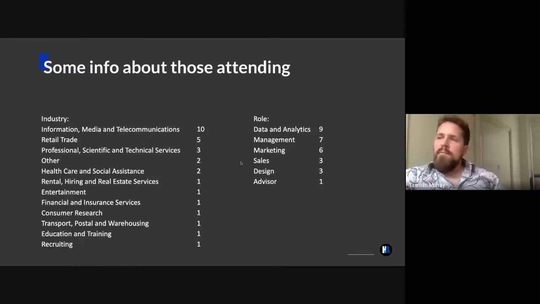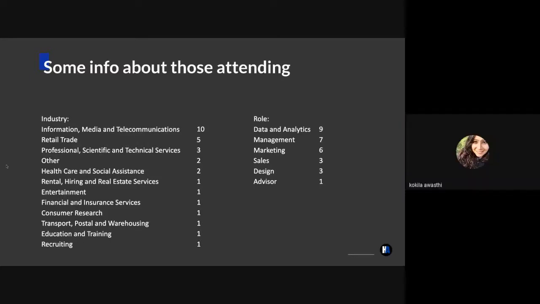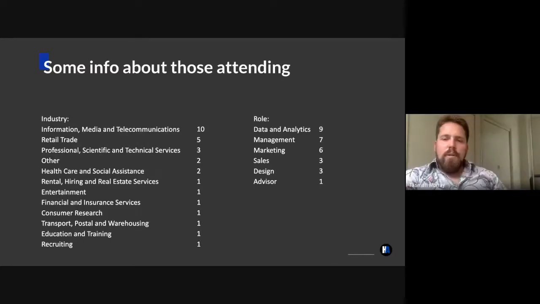A few of you have put other, but obviously we looked back at the email addresses and were able to tie that through to an industry as well. So it's just giving some more information about the information people give you. It always requires a bit more research or time spent on it to actually get what you want from it.